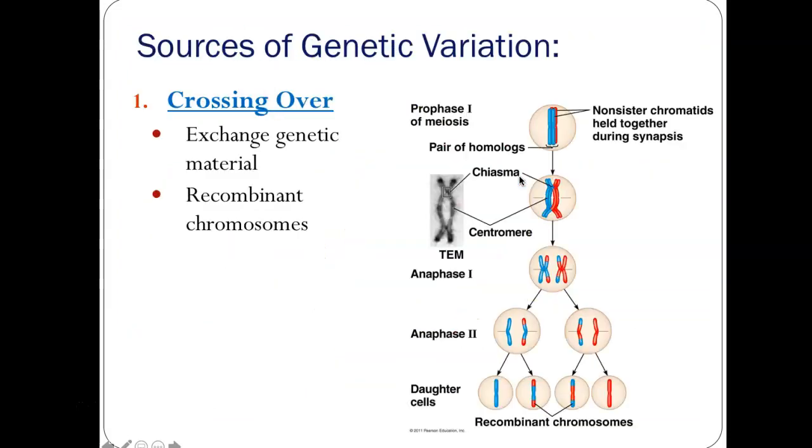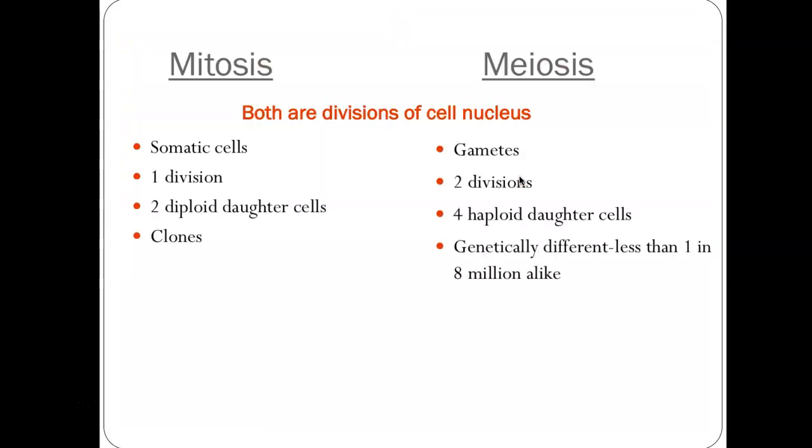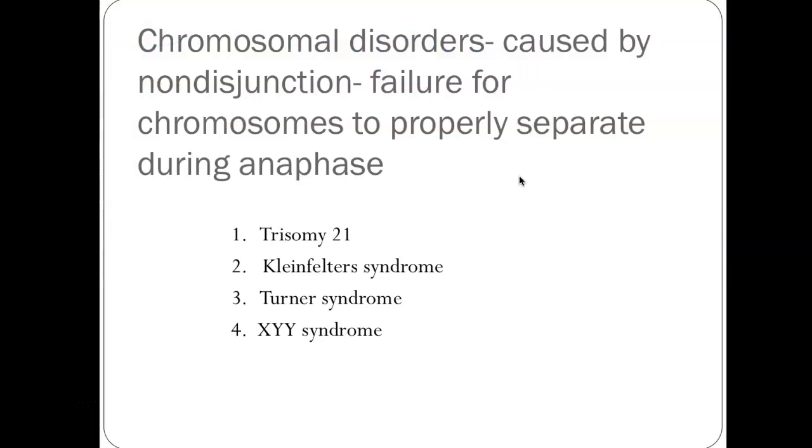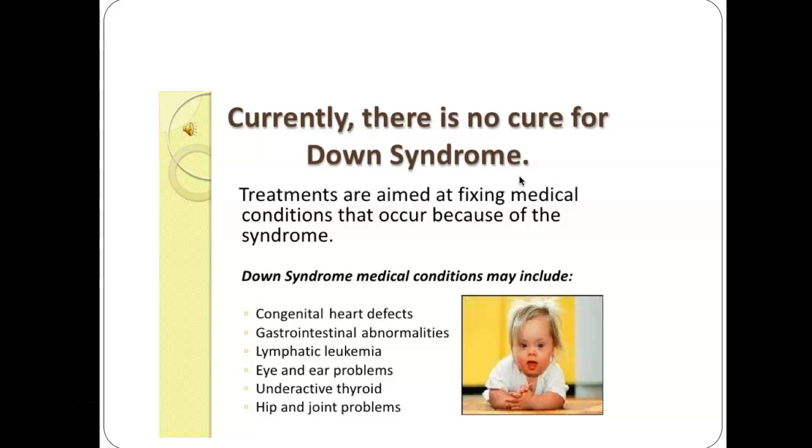Okay, now I'm going to go back, all the way to the disorders. Okay, now this is the interesting part. Trisomy 21, a failure of chromosomes to separate during anaphase of meiosis, where a gamete ended up with an extra chromosome 21. Extra chromosome 21. So that's what I want you to write under trisomy 21. Trisomy means there are 3 chromosomes where there are only supposed to be 2, and it is chromosome 21.